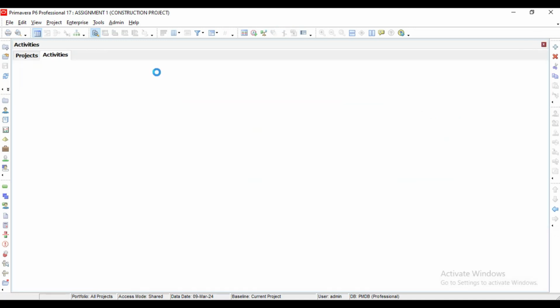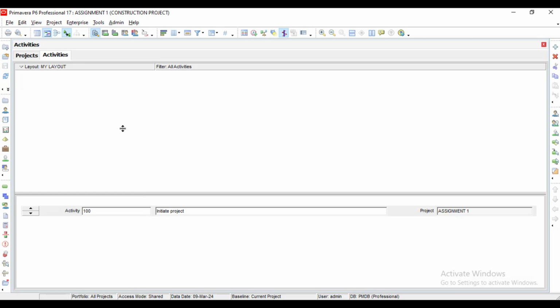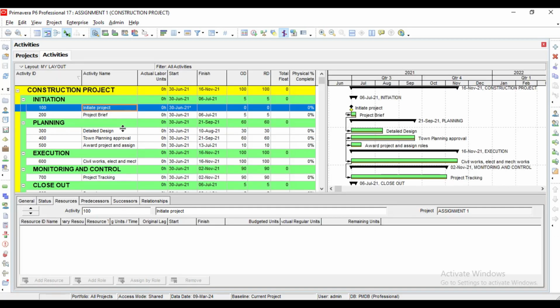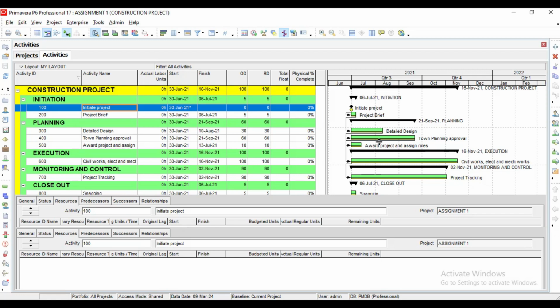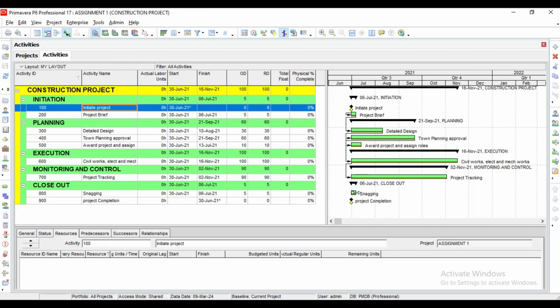So for today, we want to take this same example to the next level. The first thing I want to tell us is that if you are looking at these dates, you will see that the relationships are there, but everything is still starting on the same day, which is not supposed to be. If I want to remove the relationships, I can do like this. The relationships are gone. So the first thing I need to do is schedule it, based on the relationships that I've added, the duration that I've added, and every other thing. So where to schedule is this time,